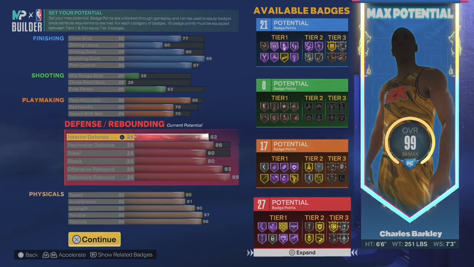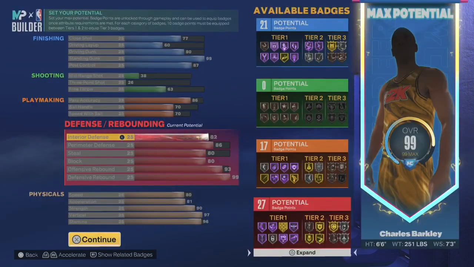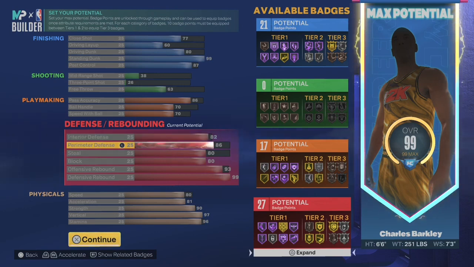82 interior defense. That'll get you silver post lock. It is very important. A lot of people don't put up interior defense, and as a big, it is vitally important. So I go 82. Perimeter defense, 86. You'll get that gold menace, so you can still guard the perimeter, and you get